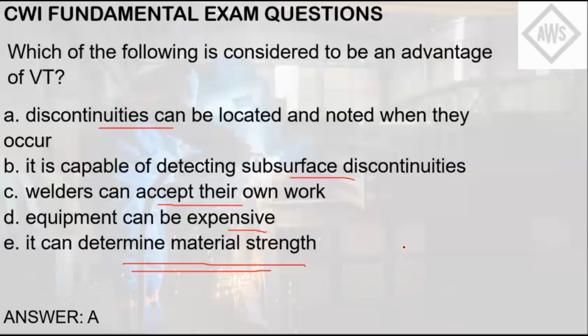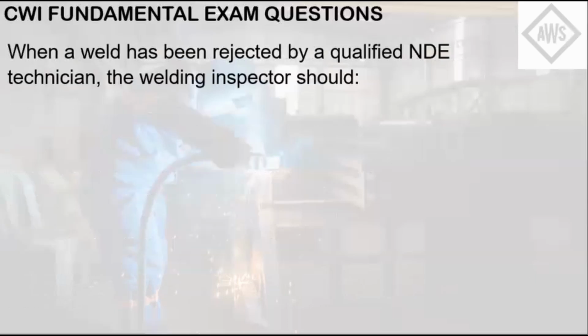So you can do that by having a hold point in the inspection test plan if that weld is to be a critical one. When a weld has been rejected by a qualified NDE technician, the welding inspector should